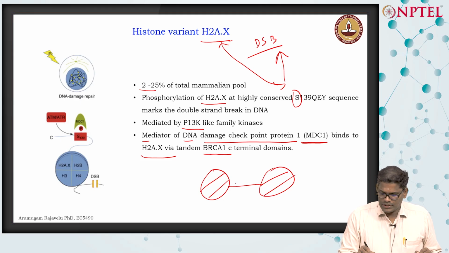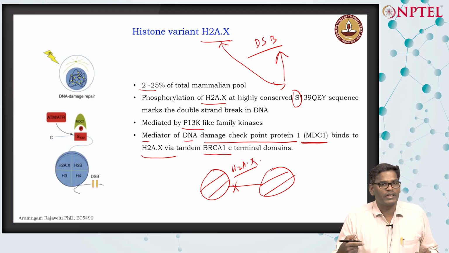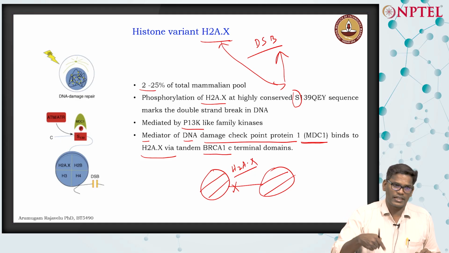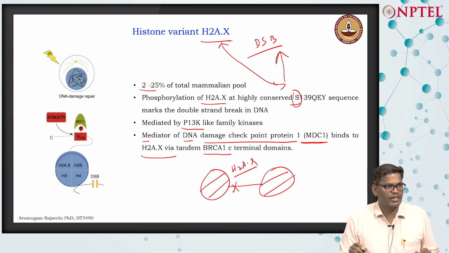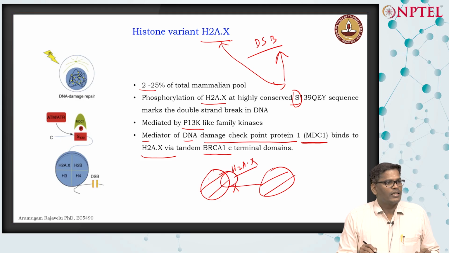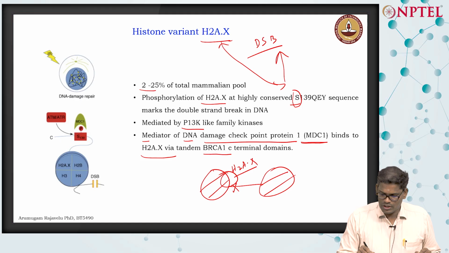And then if there is any double stranded break here, the cell immediately comes and replaces it with the H2A.X, which gets phosphorylated. It's not very clear whether after integration it gets phosphorylated, or whether the phosphorylated form comes and integrates. Phosphorylation of this particular serine, that information is not very clear. So this phosphorylated H2A will get integrated. Then you have two H2A.X in the nucleosomes near the double stranded break